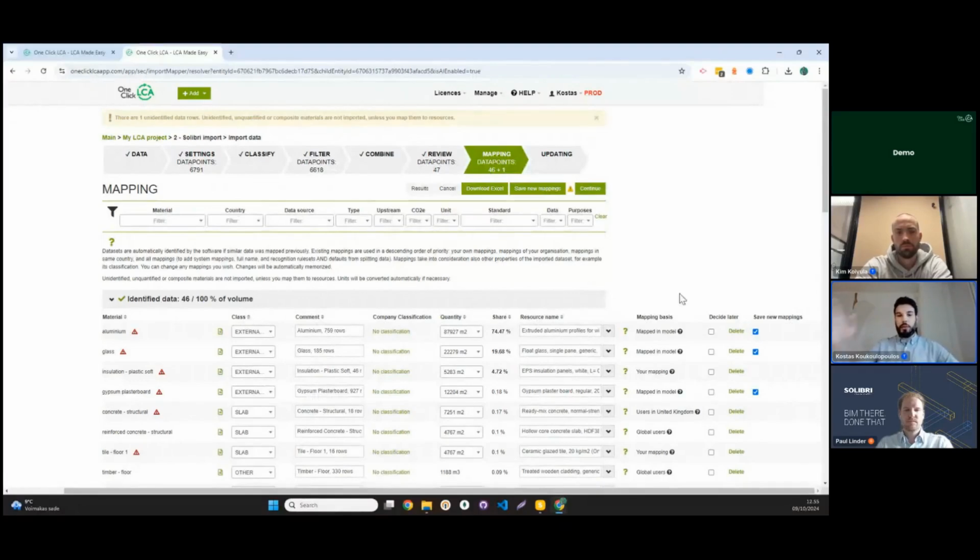For that, we take into account a very specific hierarchy. We check what you did in the past. If you assigned an environmental profile to a specific material with a specific name in the past, or if your colleagues did something like this, or other users in the country. And recently, we also introduced an AI-powered engine that is trying to assign environmental profile mappings for the remaining unidentified